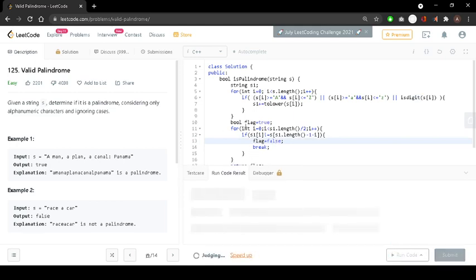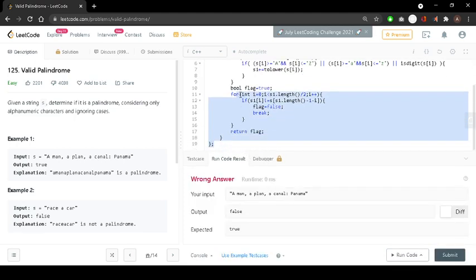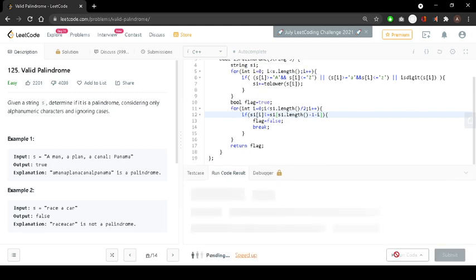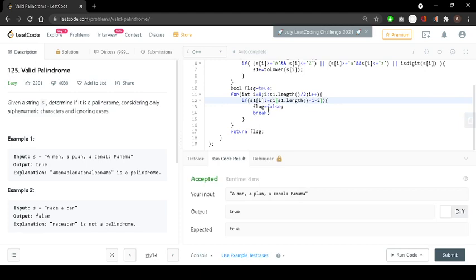See, by iterating over this loop, if every character is in position, then the flag would not be changed, so it will return true. Now let's look at why it is showing a wrong answer in my case. Okay, you can see here that I have again misspelled, a typo here, I have to use the s1 I am comparing with. So now let's check it. I think I have covered every possible case here for this problem. So let us submit it.